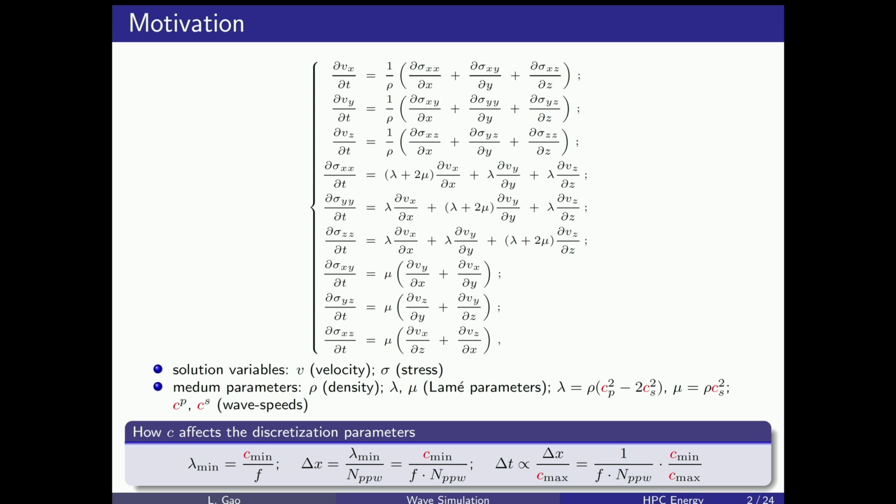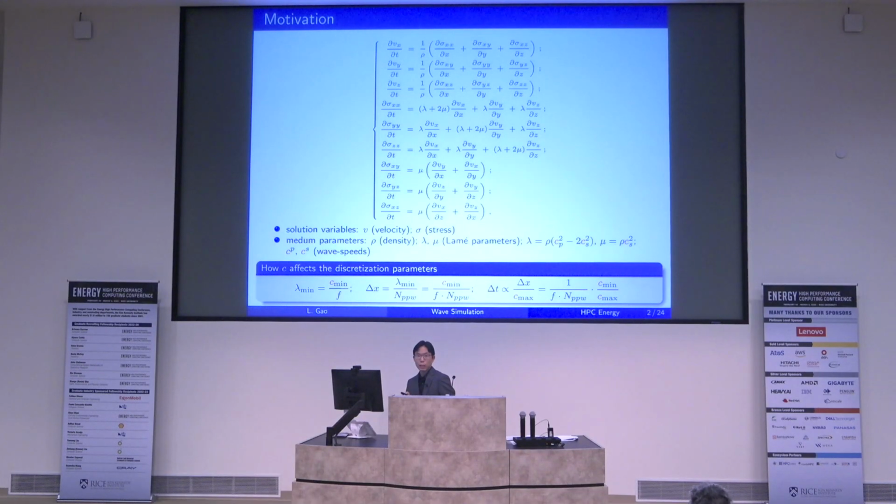And in this case, I would claim that accuracy is usually not that much of a concern. Most of the factor actually comes from the stability condition, the CFL condition. One way to read the last equation on the bottom is that 1 over f basically gives you the period. So that's the time over which the wave repeats itself. You have the same number of points per wavelength there. If you don't have the factor at the end, that basically means that you're using the same number of points in space and time for discretization. But because of the